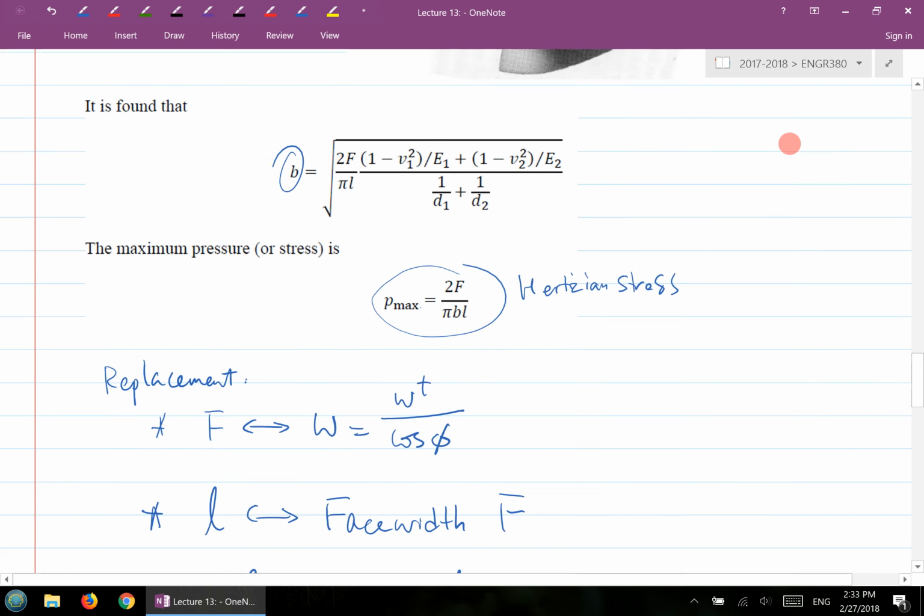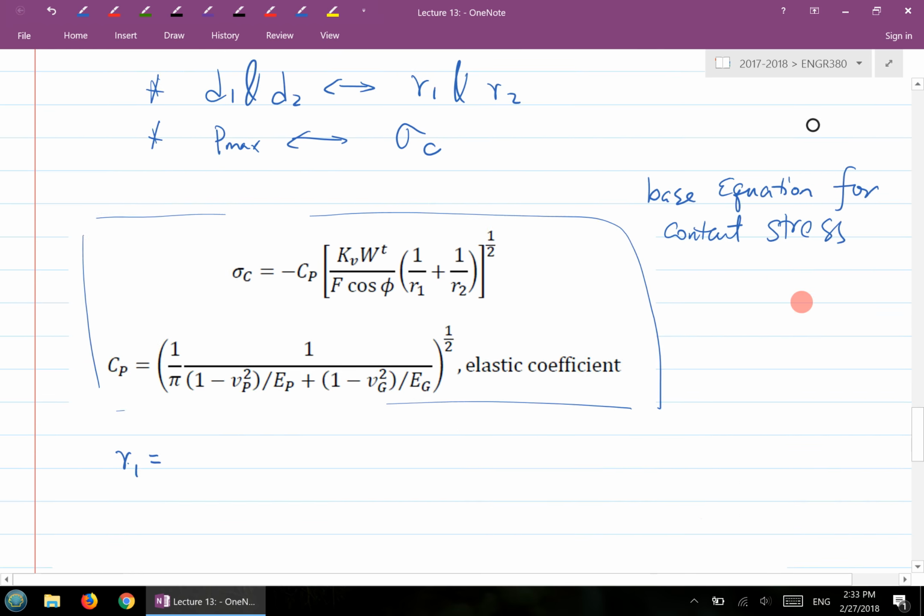So R1 is equal to the pitch diameter for the pinion times sine phi over 2, and R2 is the pitch diameter for the gear times sine phi divided by 2. Plugging into these formulas, you're going to get